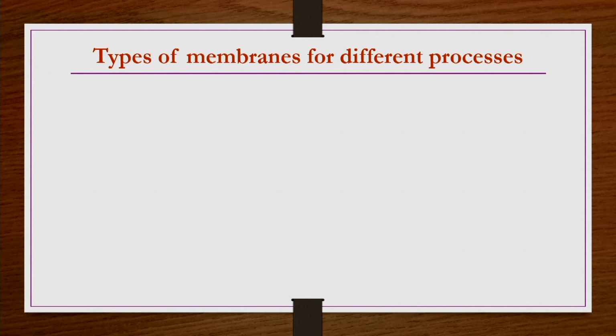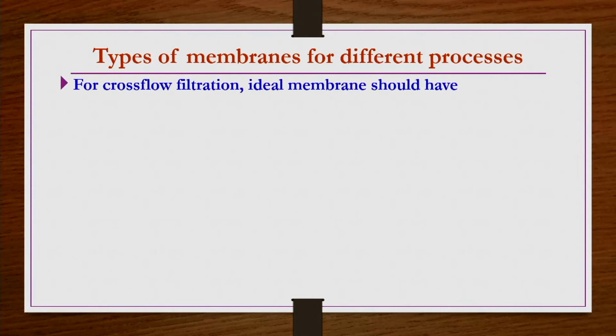So now, what types of membranes are used? For different processes, different types of membranes are used. All these classifications are kind of arbitrary, and even if someone wanted to do a classification, it has to be done with respect to a particular property. So let us say if you are doing a process oriented classification of membranes, then how to do it? Let us start with cross flow filtration, because we are discussing cross